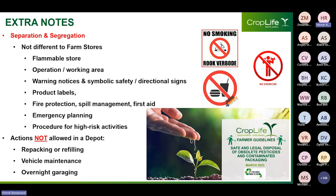Okay, when it comes to separation and segregation, while I note at the commercial level that this should be based on detailed knowledge of the properties and the hazards associated with the pesticides that are stored, it is not different to what I covered for farm pesticide stores. In addition, this is the same for a flammable store, operation, working area, warning notices, symbolic safety and directional signs, product labels, fire protection, spill management, first aid, emergency planning, as well as the procedure for high-risk activities such as